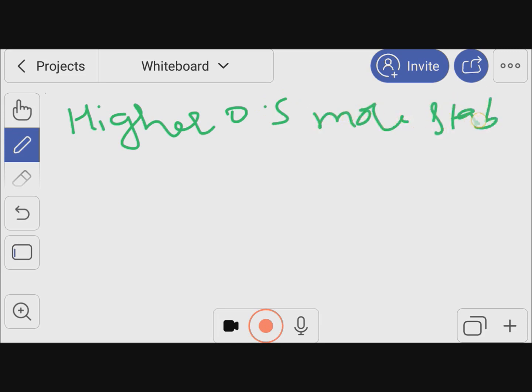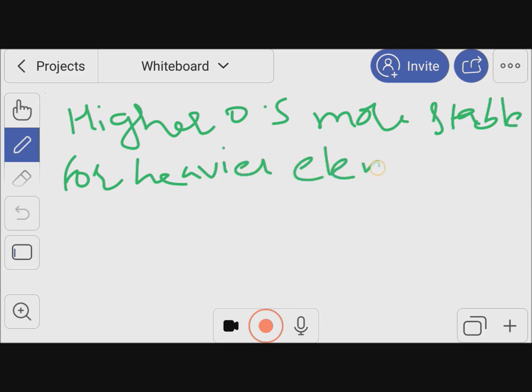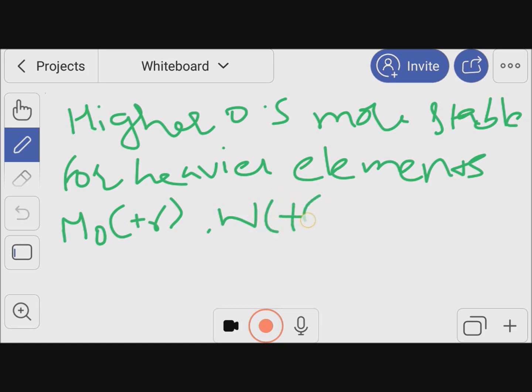For example, molybdenum and tungsten in the +6 oxidation state are more stable than chromium in the +6 oxidation state,